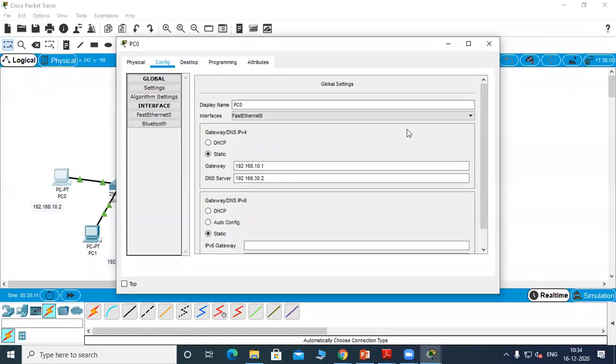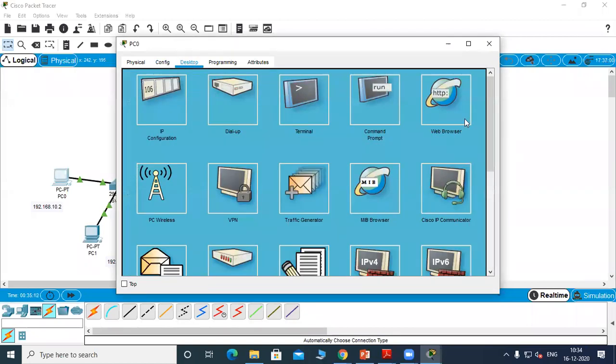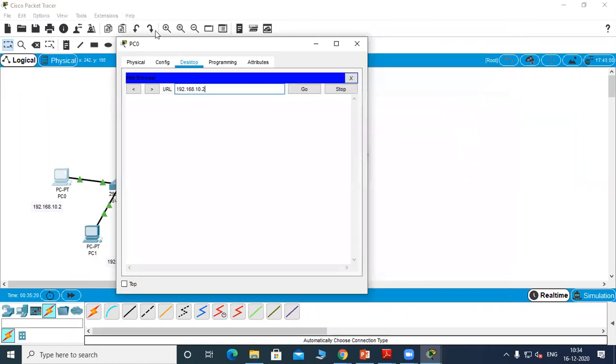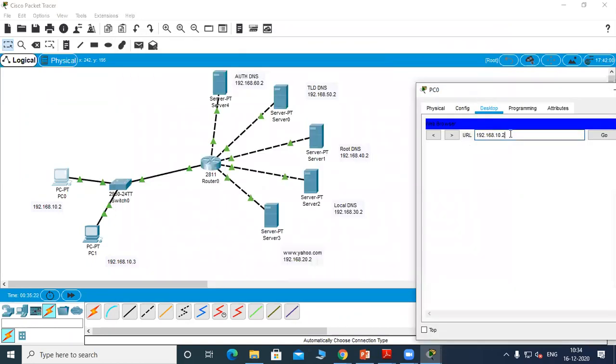Now we'll browse. We'll check whether we are able to see the web page. So if we give the IP address of the web server, the address is 20.2. So it works. So the Yahoo web page is visible. Now let's give the host name.